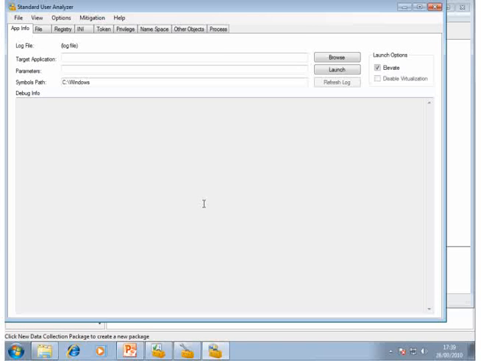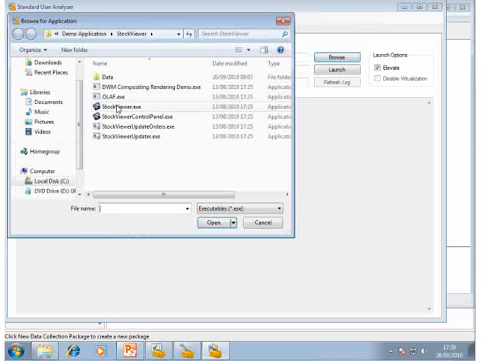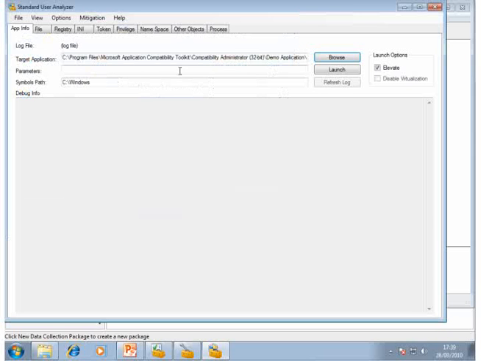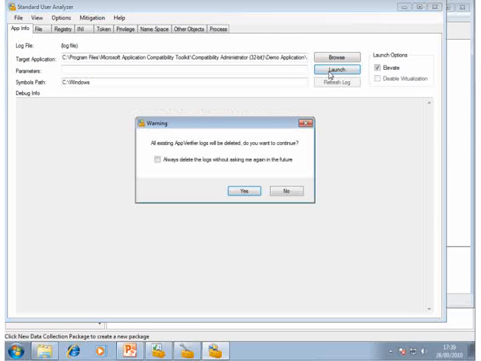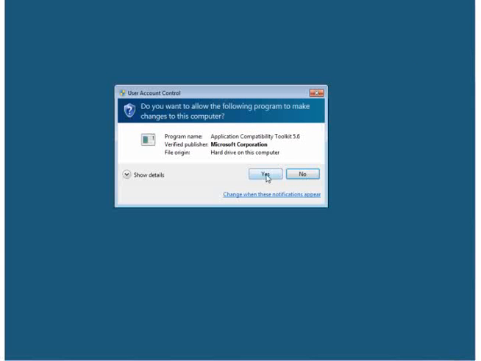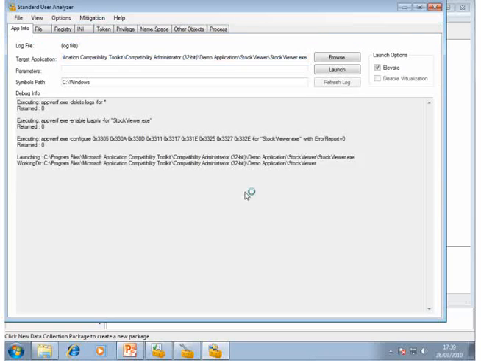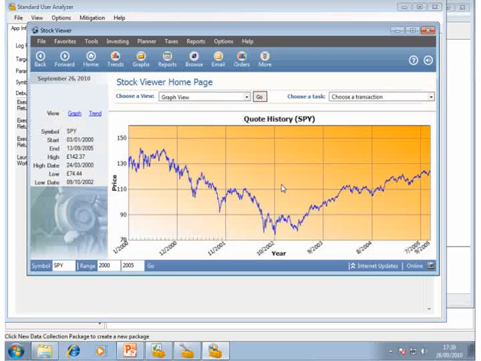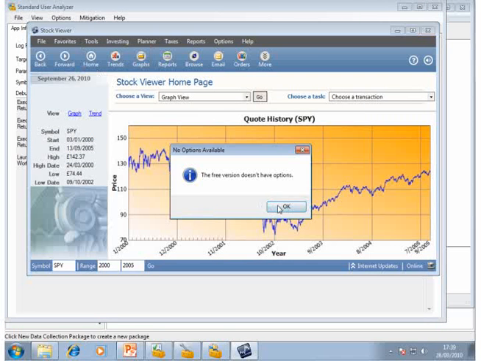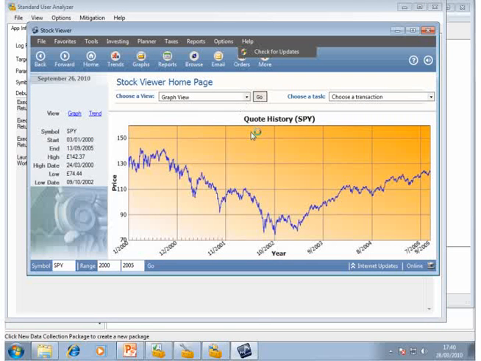If we run this, we're going to choose the application that we want to test, in our case our stock viewer application again, and then we're going to launch it. Yes, don't care about our logs from before. Because I had the little tick box saying run elevated, we've got our UAC prompt. Got it twice, once for this and once for the program that we're actually running. And if I click through some of these, go into my options and into my updates,